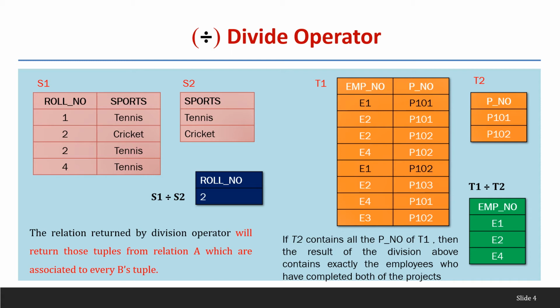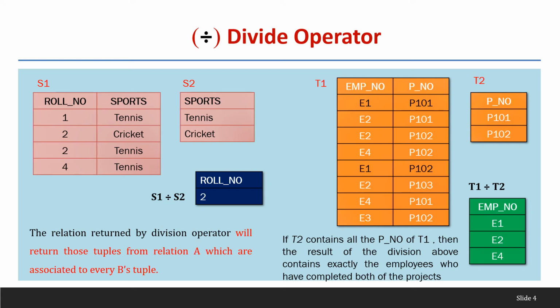Okay, if T2 contains all the P numbers of T1, then the resultant of the division operator contains exactly the employees who have completed both the projects. So here we have the project numbers P101 and P102. So the first step is we have to check whether the employee number E1